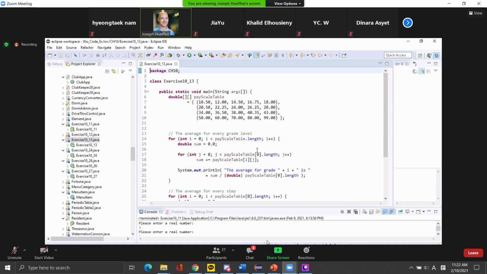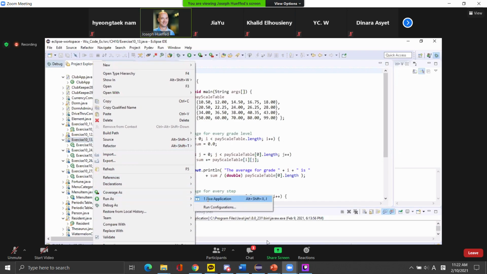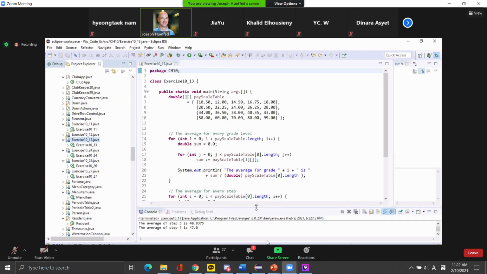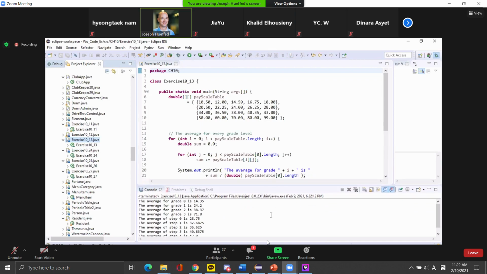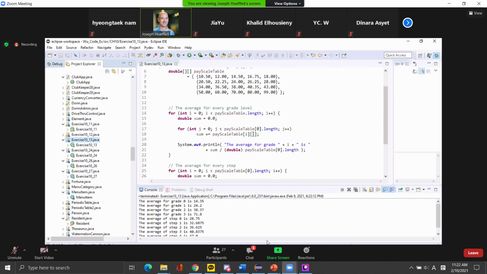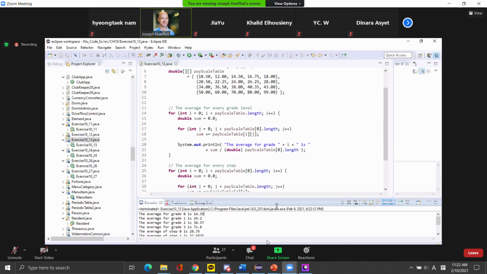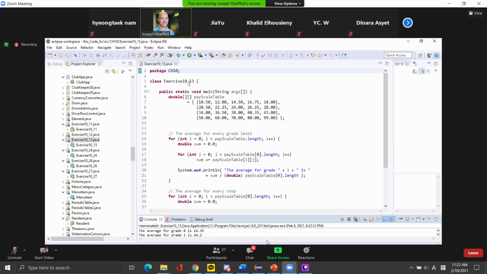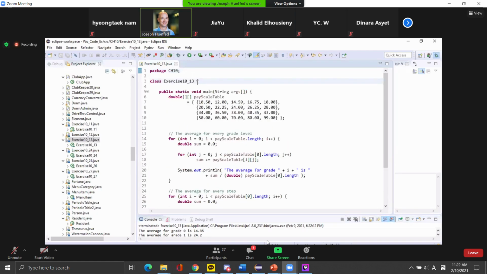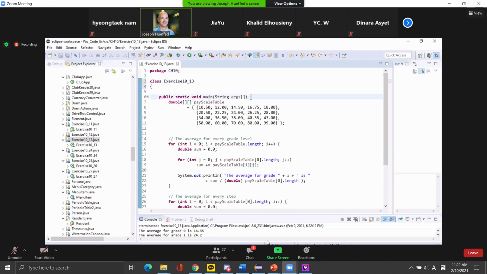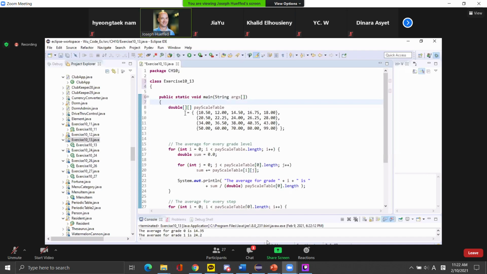Okay, let me run this program one time, and then we'll walk through this. Okay, so this has a list of pay scale steps, I guess, and it's simply calculating the average for each grade and steps. And again, you can see here's the beginning of the class, then the beginning of the main method. Then they declare